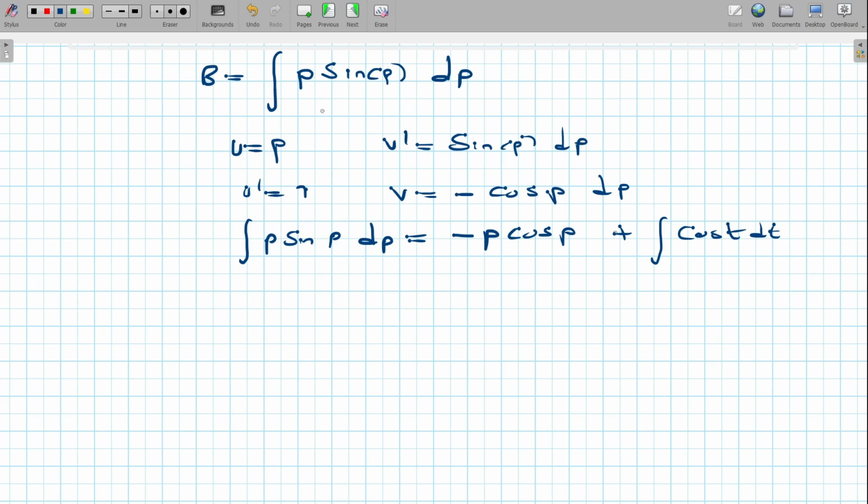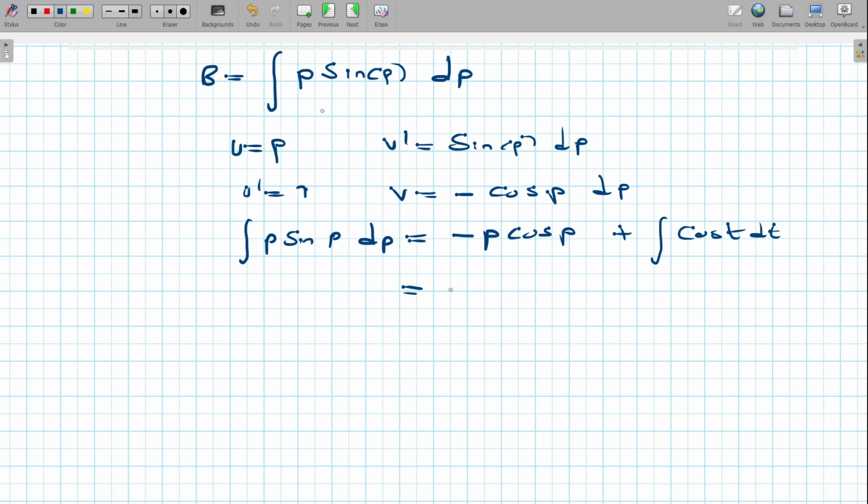So where is the plus coming from? We're supposed to have u prime multiplied by v. Now u prime is 1, and v is minus cosine p. So the minus 1 is a constant. We take it out of the integral sign, but then there's a minus here, so we get a plus. So here we have cosine t dt, and then plus the constant of integration. We're not going to add it yet. Well, we actually can. We're not yet done with